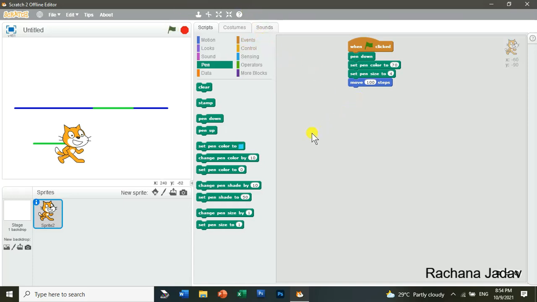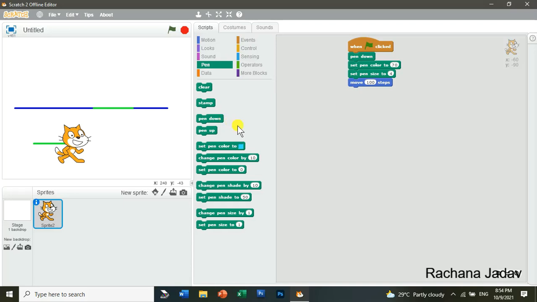Then next is about the pen up. अगर आप लिखना नहीं चाहते हो या you don't want to draw, okay, so if you want to make a puzzle, आप puzzle भी बना सकते हो. Like cat is going towards the cheese or maybe towards the mouse, तो आप वैसा भी game बना सकते हो. You can make the game over here, okay, with this.